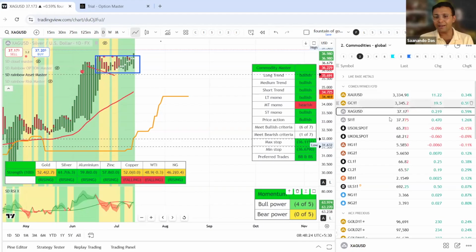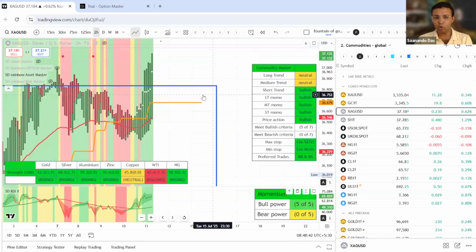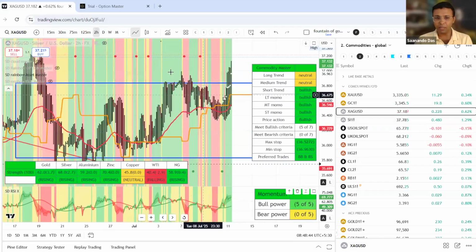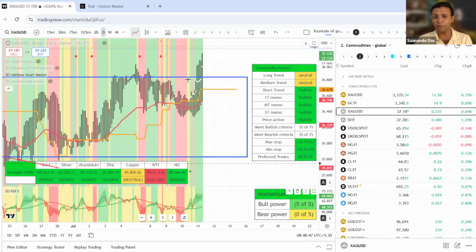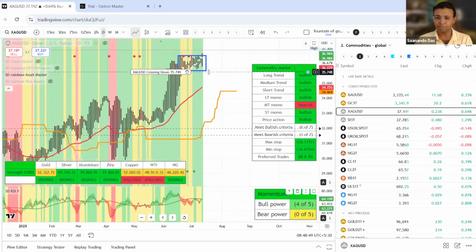So silver, according to me, I'll increase the ETF exposure and I'll look at the 2-hourly chart more for the futures play now that things are looking on the brighter side, and I'll look more for the upside rather than to play the downside. But overall, I remain unbiased in my play both ways, but it's more of an upside play to be done.